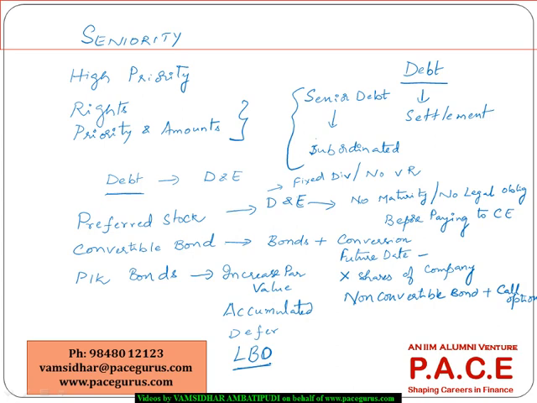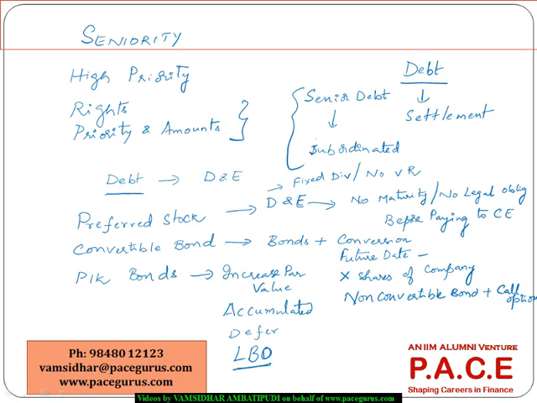Initially, they don't want to incur this interest and create negative profits and negative cash flows for the company. So this is where they can get into this PIK form of bond, where the interest or coupon payment is getting deferred and accumulated,